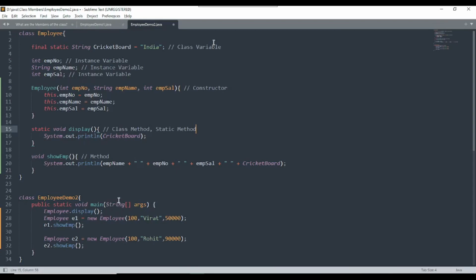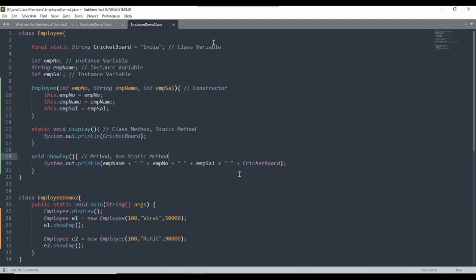All the members of the class will be available in this demonstration, in this practical. ShowEmployee is a non-static method. It is a simple method available in the class. Display is a static method available in the employee class.